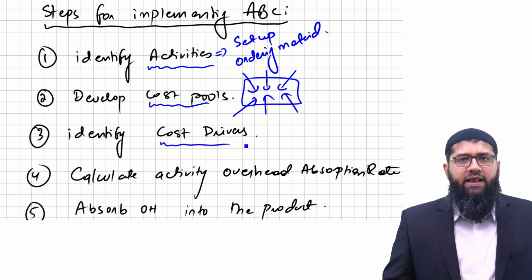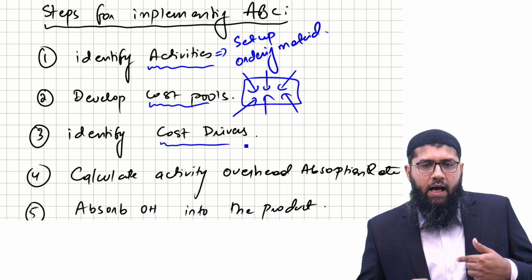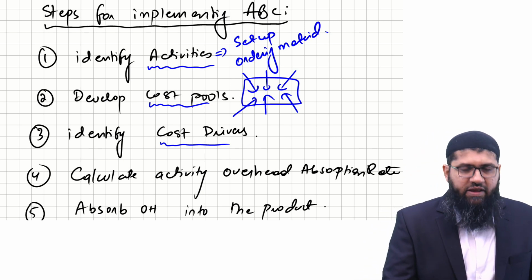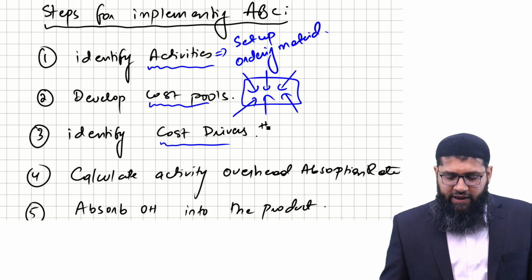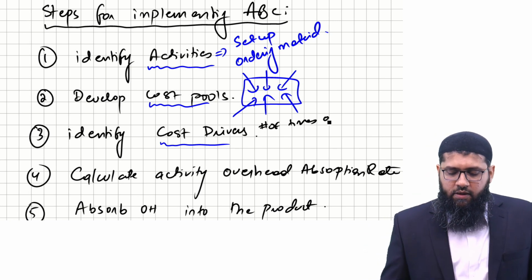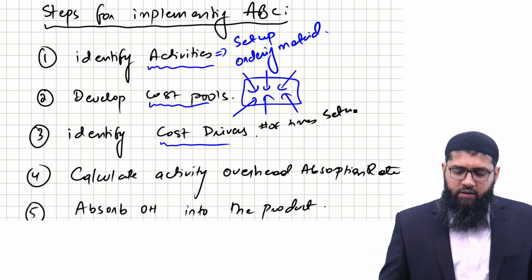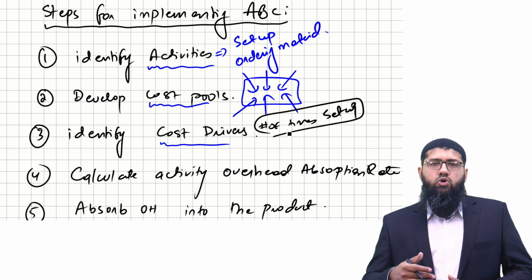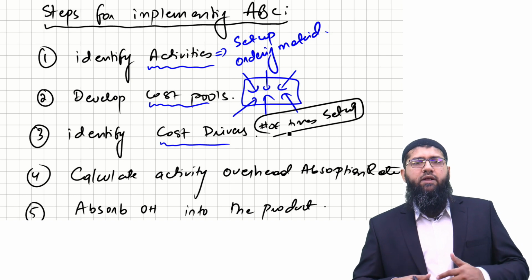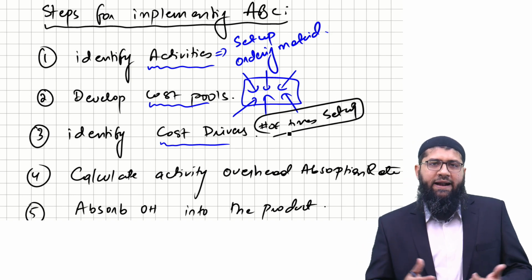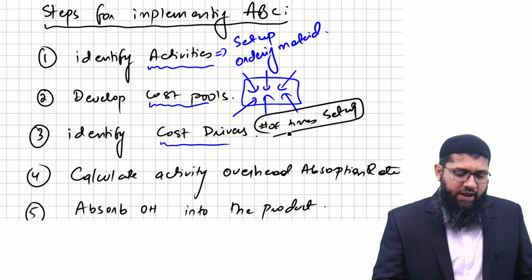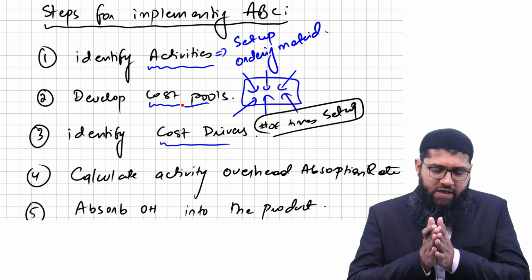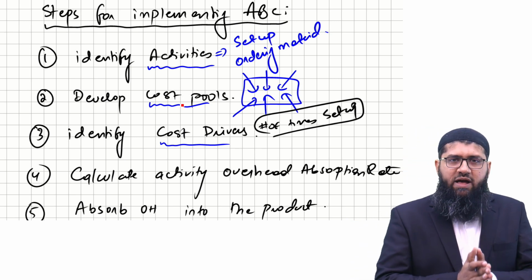The third thing is you identify the cost drivers. Cost drivers are the actions that actually lead to that activity. For example, machine setup cost is an activity. Now the number of times that you set up a machine is a cost driver. You place orders of material, so the number of purchase orders that you raise is a cost driver for that activity. So identify the activities, then develop the cost pool, which is combining the cost of those activities. The third step is to identify the cost drivers. And